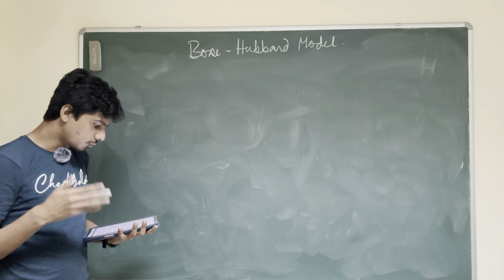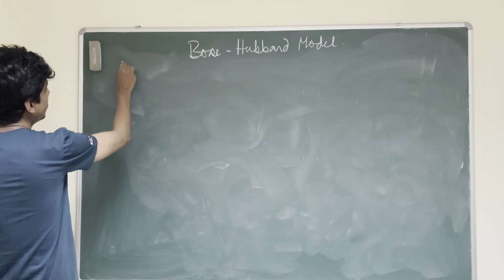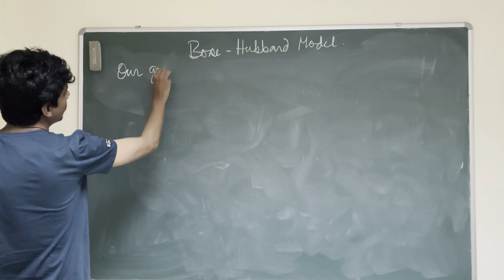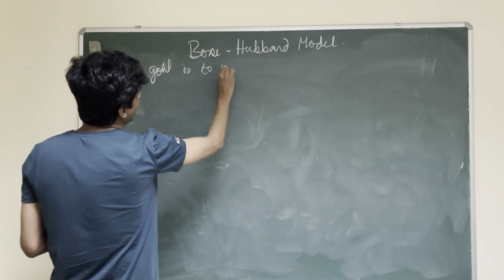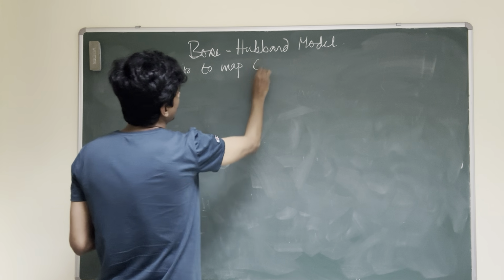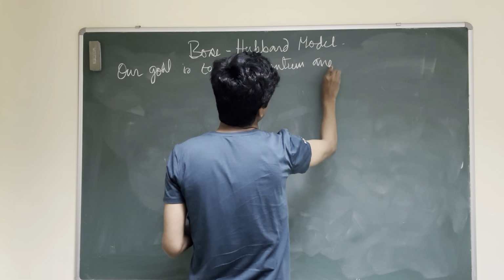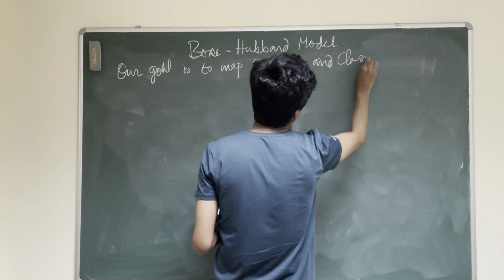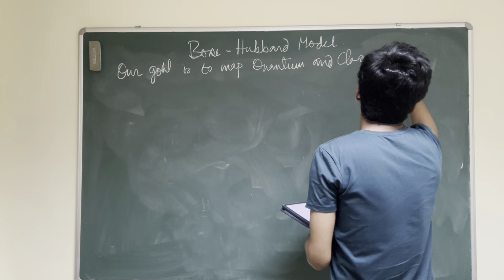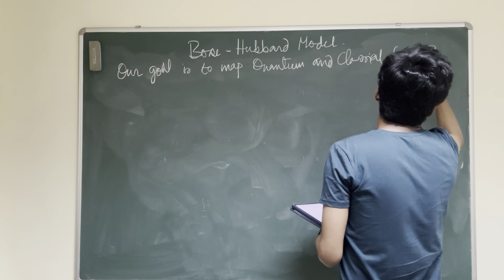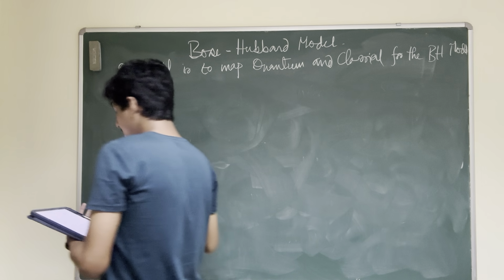Our goal is the quantum-classical mapping for the Bose-Hubbard model. So in this lecture, our goal is to map the quantum to the classical for the BH model. So the recipe is